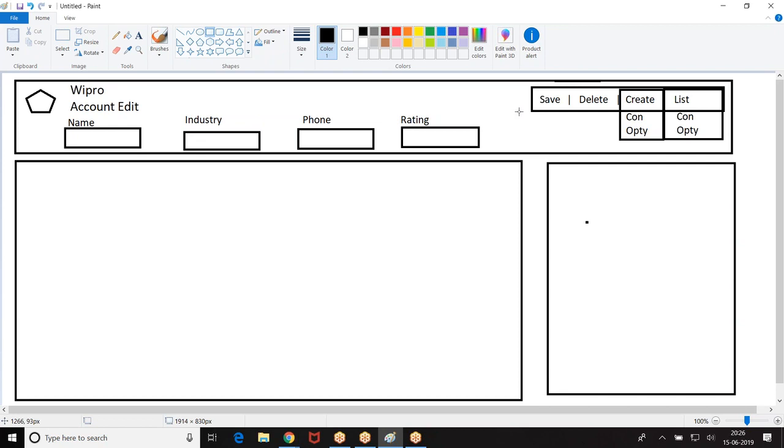The contact creation should open as a pop-up window, which I will be covering tomorrow: how to open a contact creation page on top of the window. So when I click on contact, the pop-up window opens. When I save, the record should be saved. When I select opportunity, the opportunity creation page should open in the pop-up window. If I select contact, the list of contacts should be displayed for this account. Whichever account I have selected here, that account's contacts should come. If I select opportunity, the list of opportunities should come here.